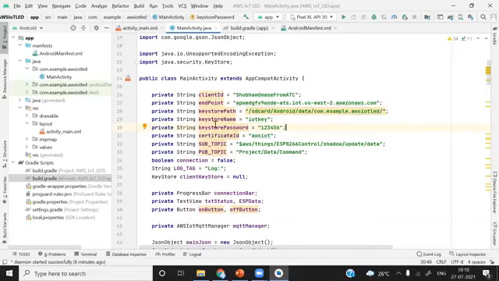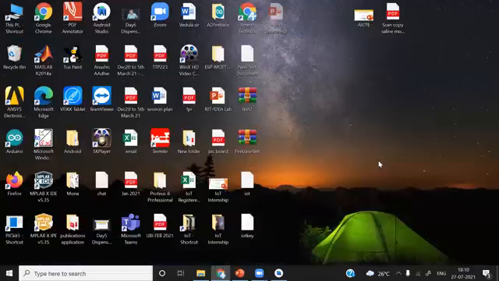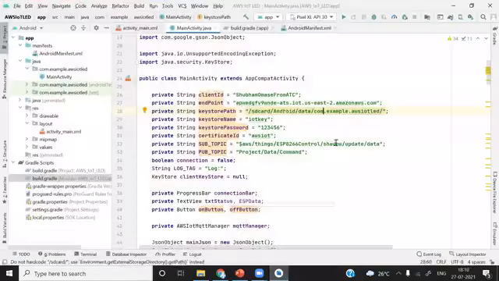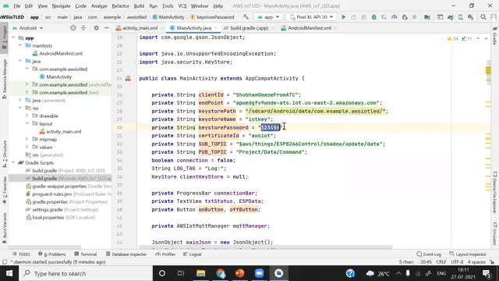If you remember, yesterday we gave the name of our key store as IoT key. You can see here, we exported this IoT key using Portacle. So you have to give the name of that key store here. After this, if you remember, the password was 123456. It asked for this password two times. We entered this password while creating the key store, so you have to put this password here. It can be different in your case.